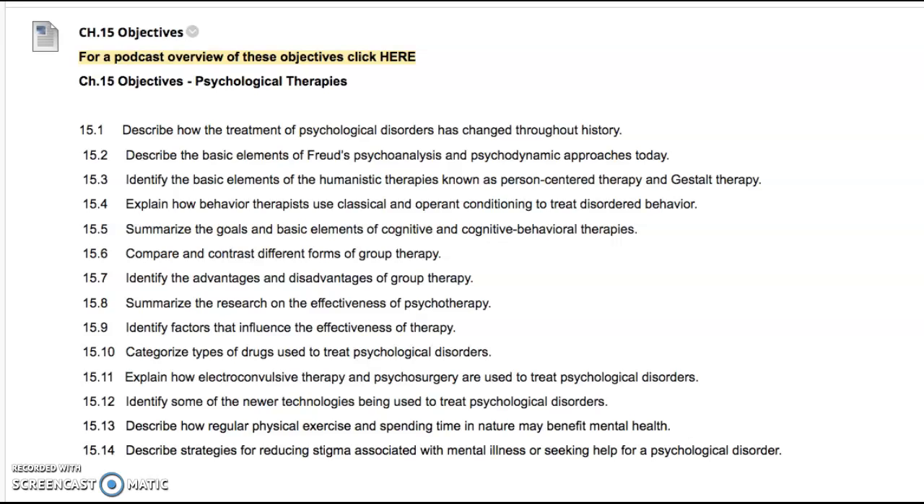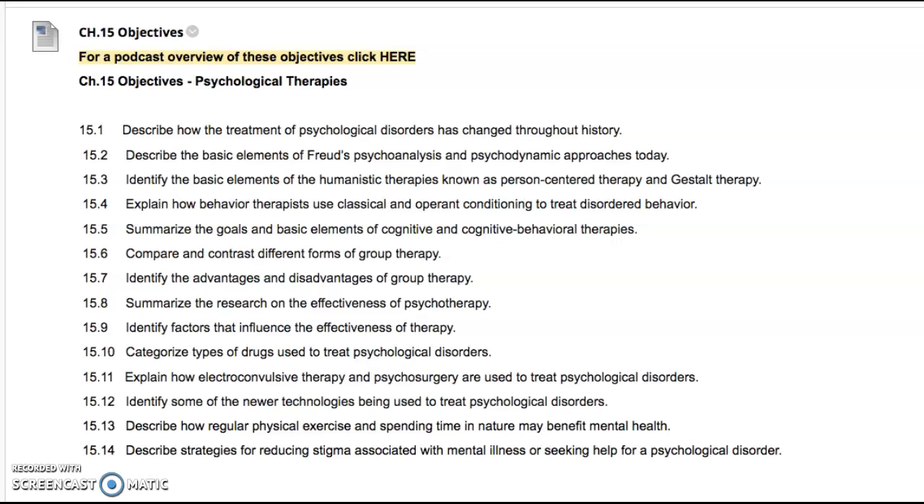You'll start with some of the basic elements of Freud's psychoanalysis and psychodynamic approaches, and how some of those are still held today with the newer Freudians and newer psychoanalytic techniques that are being used, and how they are different from some of the original